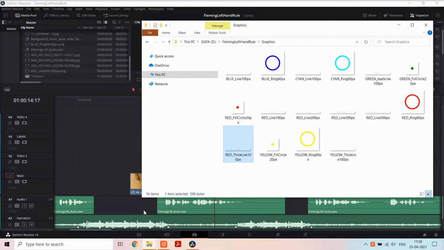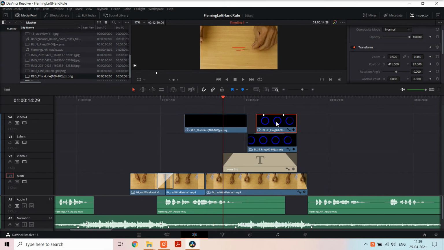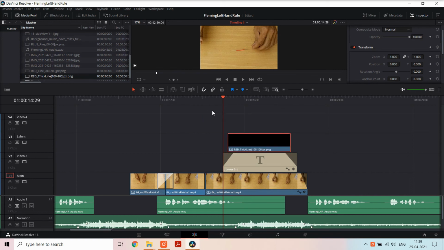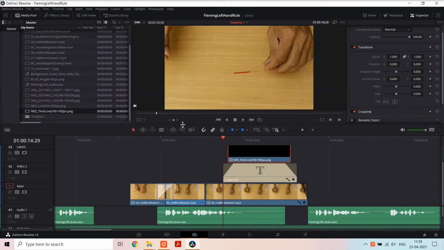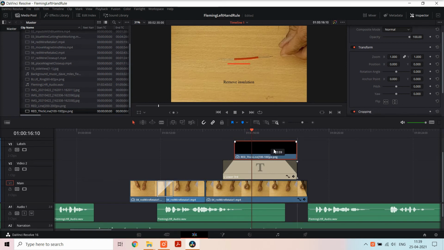Keyframe in animation and filmmaking is a drawing or shot that defines the starting and ending points of a smooth transition. Keyframe can be defined for any media on the timeline. Attributes of the media which are available for this is software specific. In our example, we will use graphics.